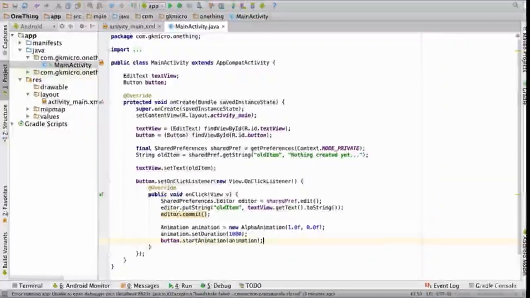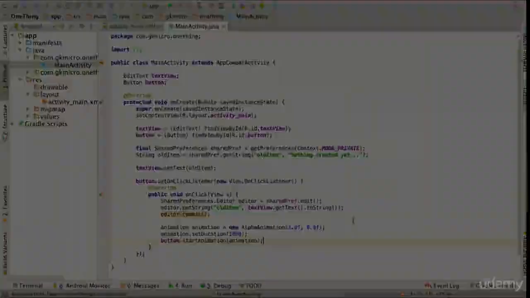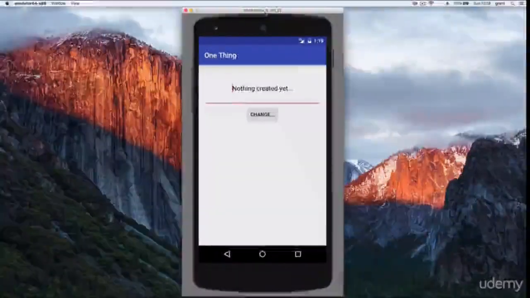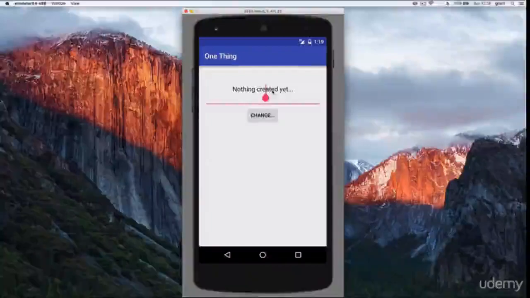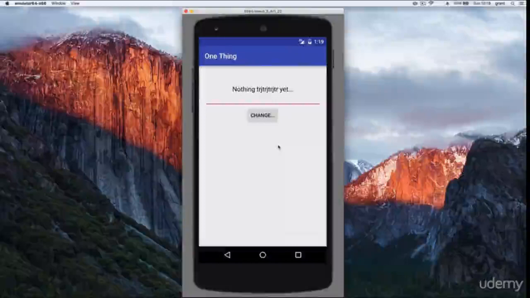So now the button should fade out within a second, and then after that it'll pop back up, and that will just let us know that it has been saved. So let's go ahead and try that. Let's open up the debugger and send it over to our app. And here we have our app up and running. So if I just type some rubbish, there we go, and I hit change, it's now saved that, and it animates the button. Now I know as the user that something has happened, and I would advise you in all